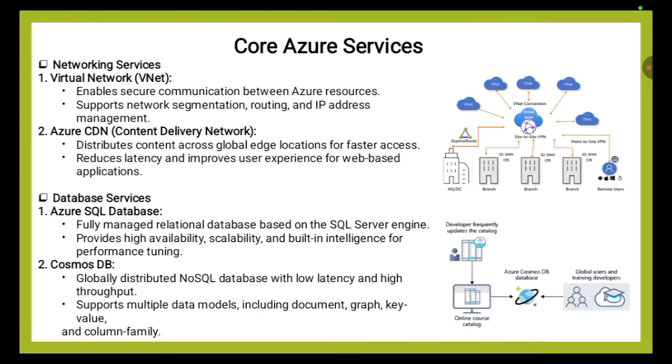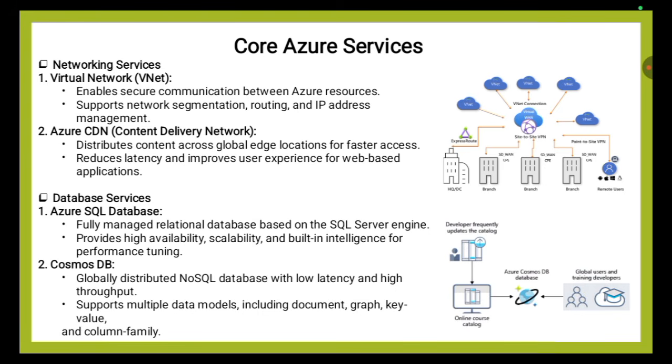Azure SQL Database is a fully managed relational database built on the SQL Server engine, offering high availability, scalability, and performance tuning. Cosmos DB is a globally distributed NoSQL database that supports various data models and provides low latency and